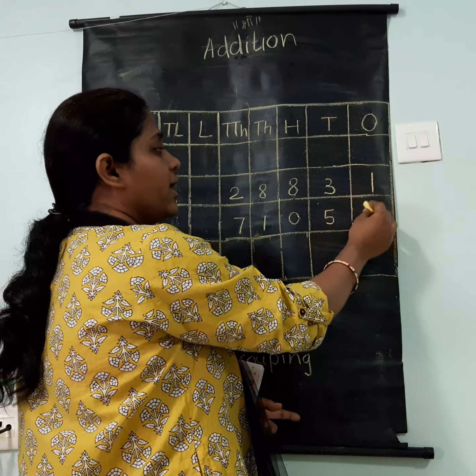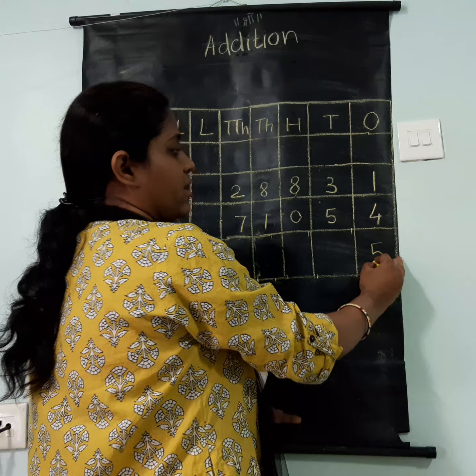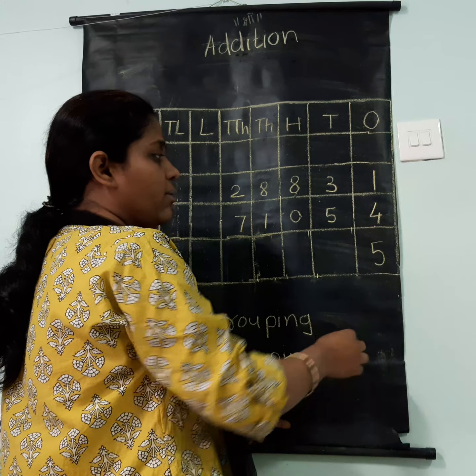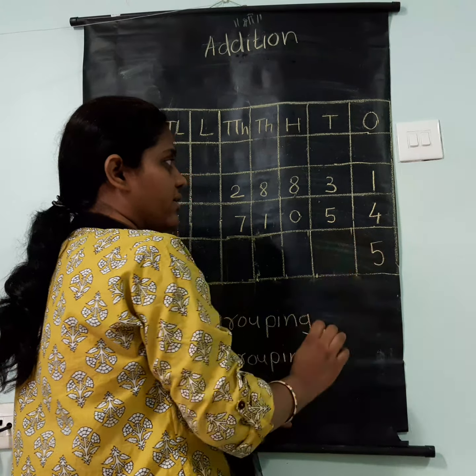Now here I have only two numbers, and it is easy. So I can add 1 plus 4. I will get 5. As I got only one digit, there is a place for only one digit, so I can write it there. Now moving ahead, in the tens place I got 3 and 5, so again I will add 3 plus 5. I will get 8. I will write 8. Then coming to the hundreds, I have 8 here and 0 here, so 8 plus 0 I will get again 8.